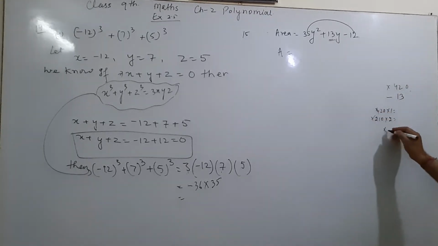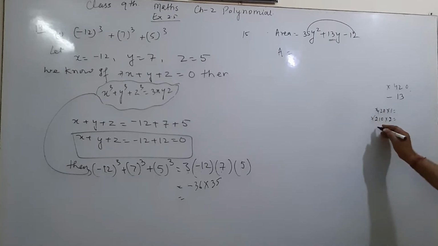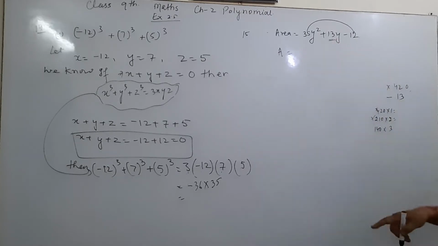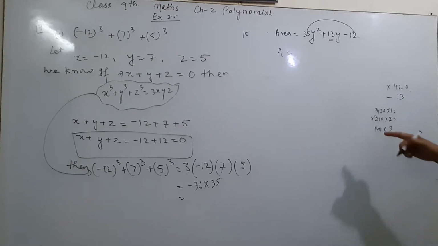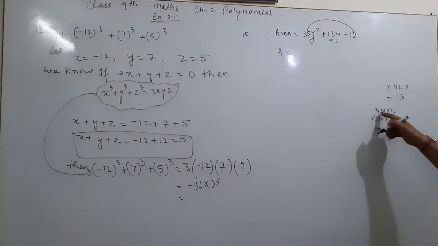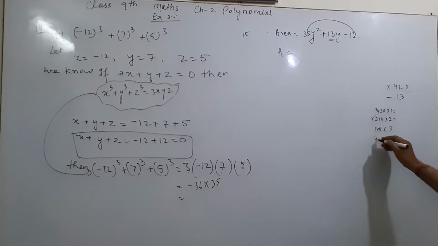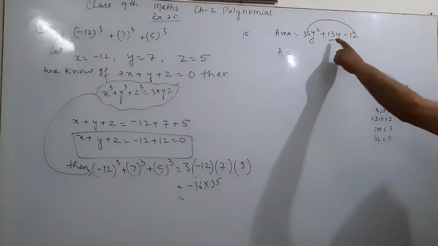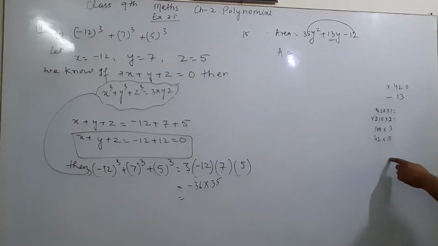Now this is in the table of 3, yes. Then 3 and 140, difference is 13? No, the difference is too much. So then we can apply 10 directly. 420 divided by 10, the answer is 42. 42 multiply 10 is 420, and the difference is 32, so not 13. Now we have to increase this value.